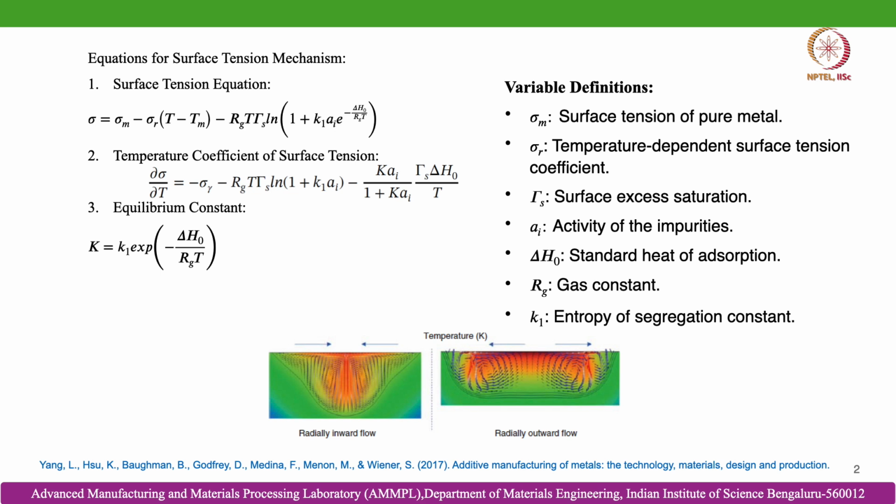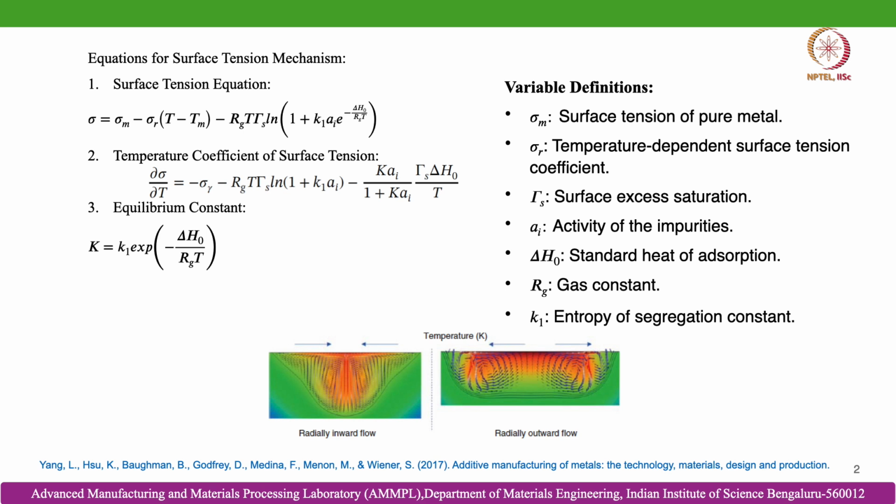So the temperature coefficient of surface tension d sigma dT is equal to minus sigma_r minus R_g gamma_s ln(1 plus k_l a_i) minus k a_i by (1 plus k a_i) into gamma_s delta H0 by T, which can also be